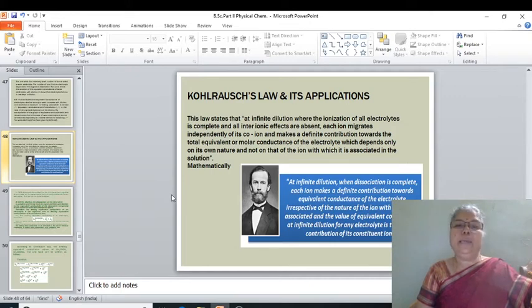In the case of the KCl electrolyte, the lambda 0 value is 0.014986. Here the anions are different but the cations are the same, and the difference in lambda 0 value is equal to